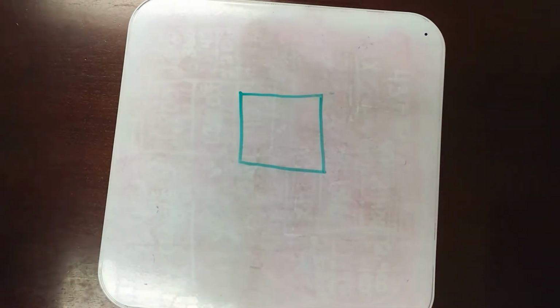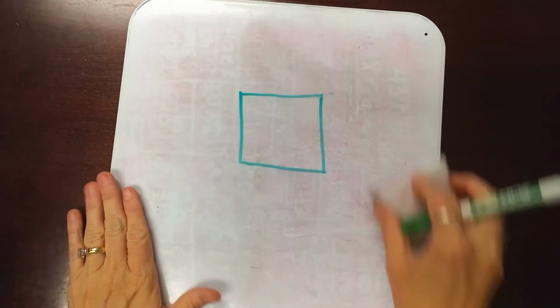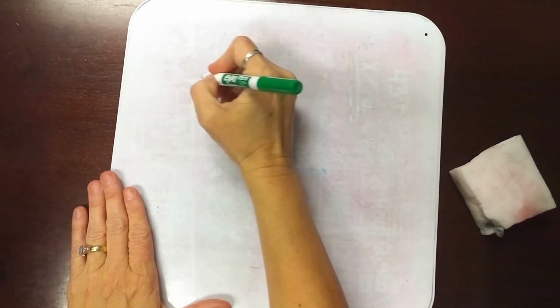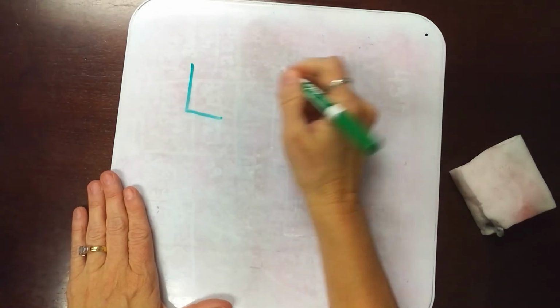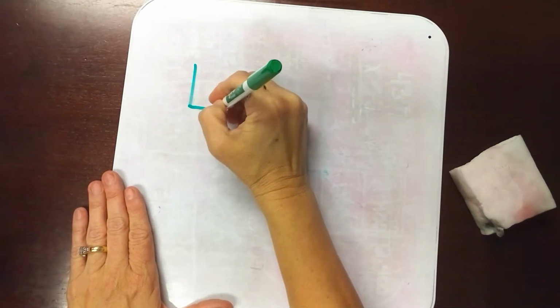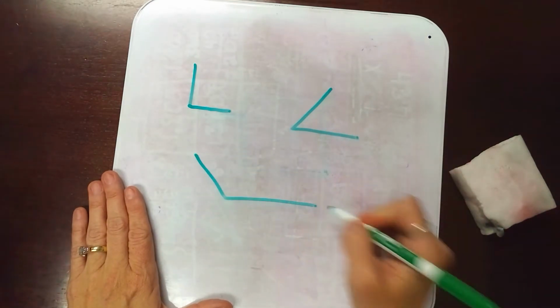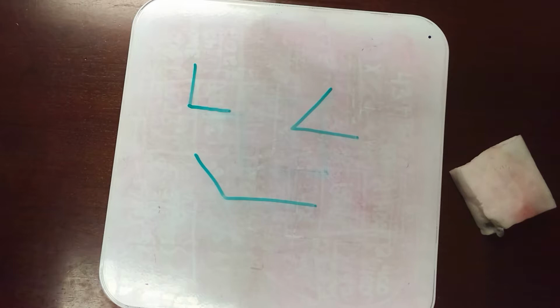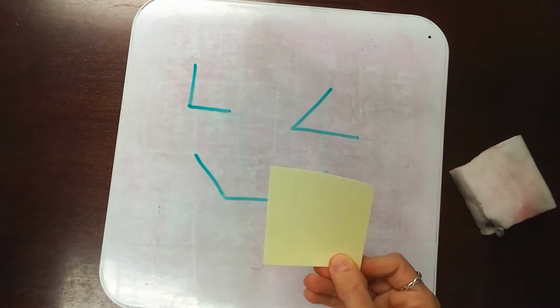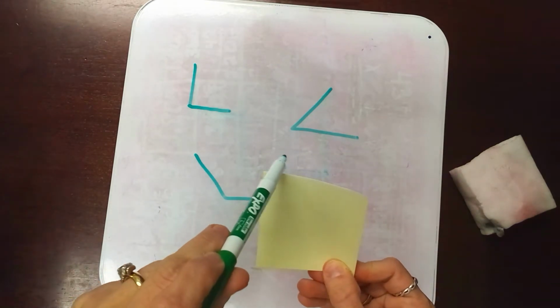All right, when I'm talking about angles and identifying angles, the best thing to teach students to use is a sticky note, an index card, something like that to help them measure the angles. That's the best strategy I know of, because we know that the edge of a sticky note is an edge